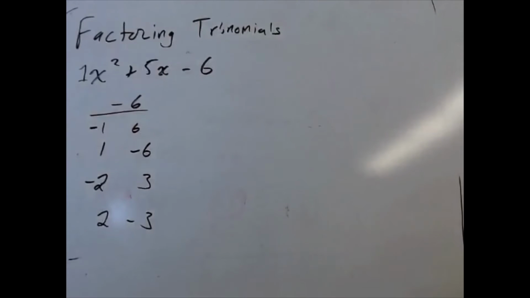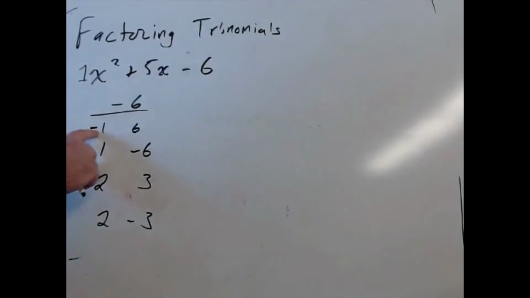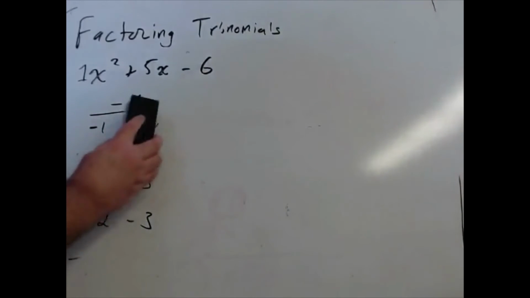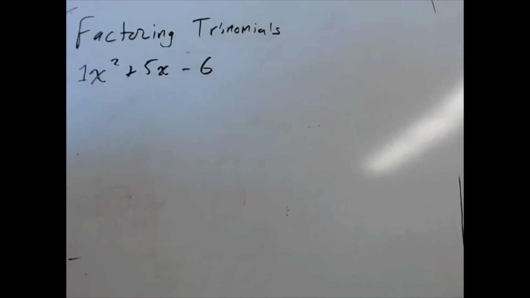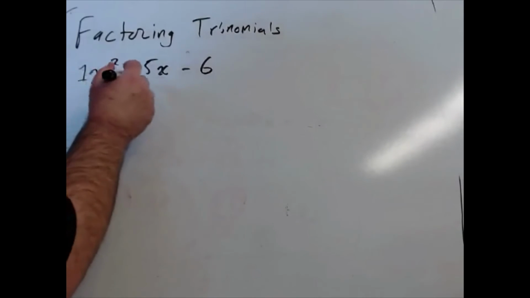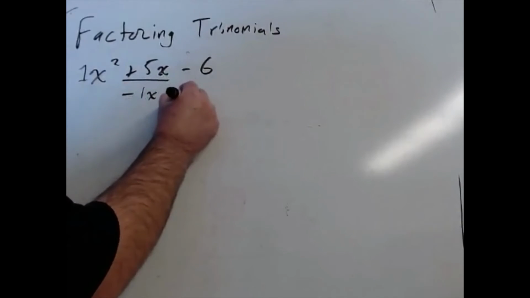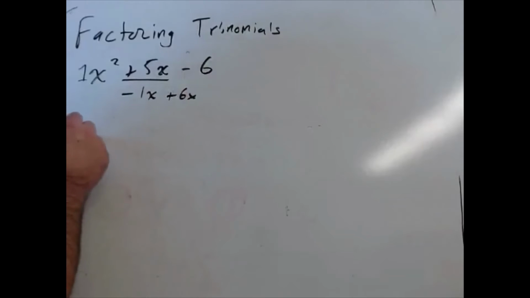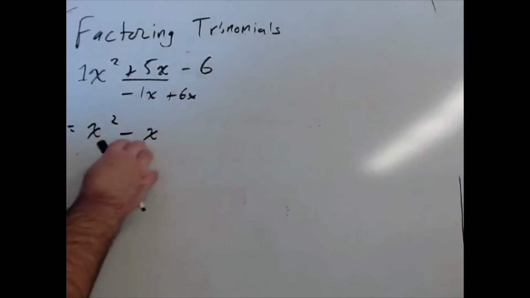Now, I need to take the pair of numbers here that add up to give me this 5 right here. Well, negative 1 plus 6 does give me 5. So this is my pair of numbers, negative 1 and 6. Just like last time, we're going to take that middle term and split it into two pieces. So I'm going to split it up into negative 1x plus 6x. That gives me x squared minus x, instead of writing 1x, I'm just writing x, plus